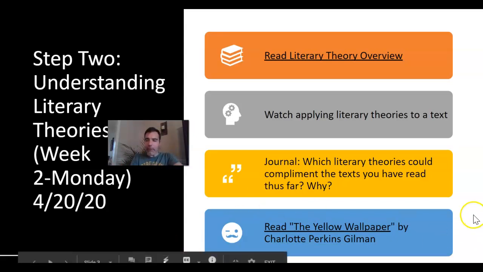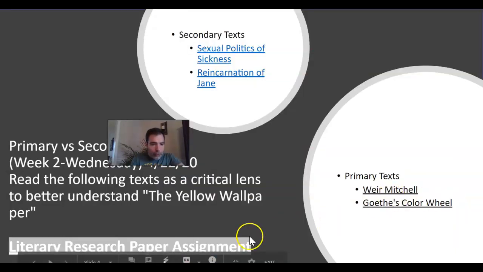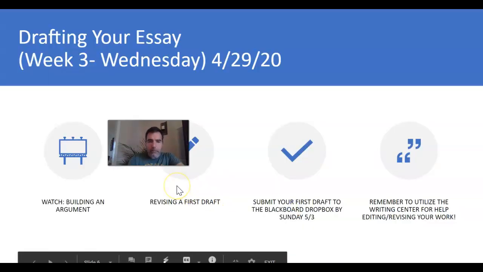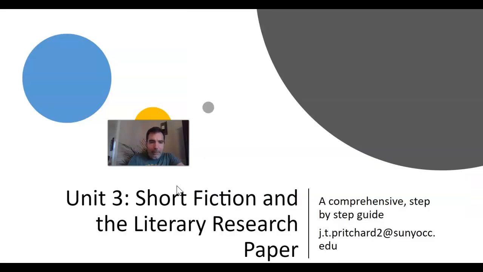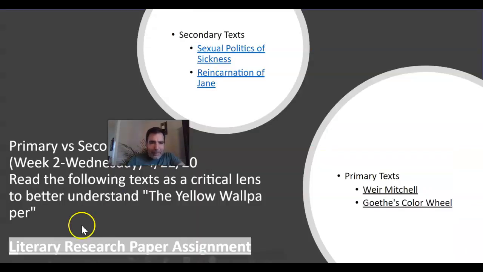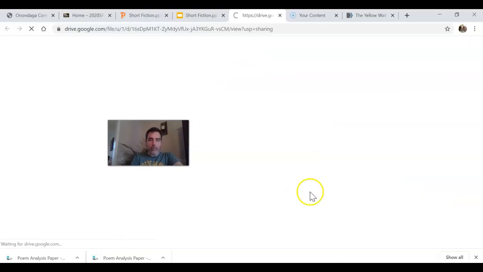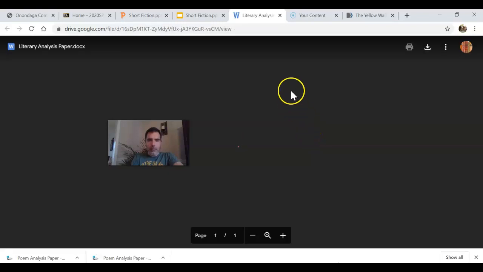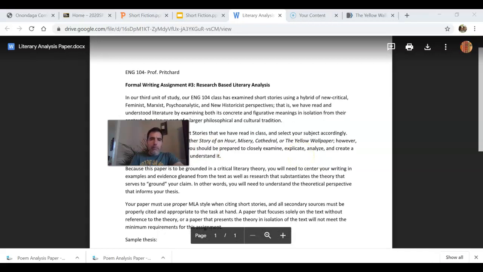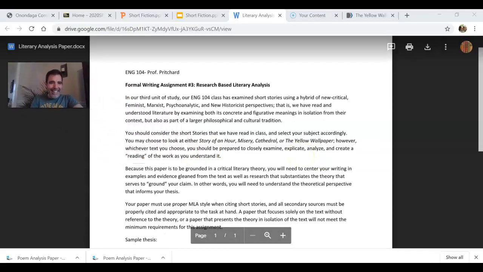And so I want to fast forward, and we'll look a little bit more at The Yellow Wallpaper in a moment, but I want to fast forward here to, oop, maybe rewind is what I want, let's see. Sorry, here it is. To your assignment. Move my floating head here. All right, so when we take a look at the assignment,